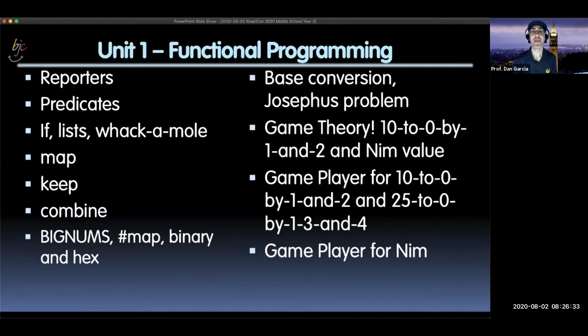Really beautiful. The Josephus problem is a delightful problem where you go around and every other person sits down. Everyone stands up in a circle, so there's no start and end, but there is a start for the first step. That person says, "I'll stand." The next person says, "Sit." Stand, sit, stand, sit. When it comes around again, whoever's still standing is playing the game, whoever's sitting is not. You keep doing this until one person's left standing, and you ask the question in advance: with N people, who would be the person left standing? So there's this little delightful unplugged activity, and the kids got good at running this.